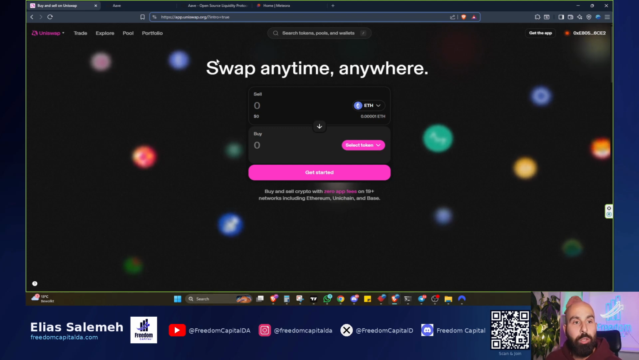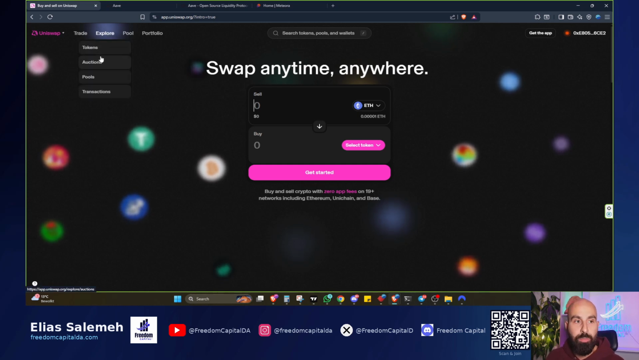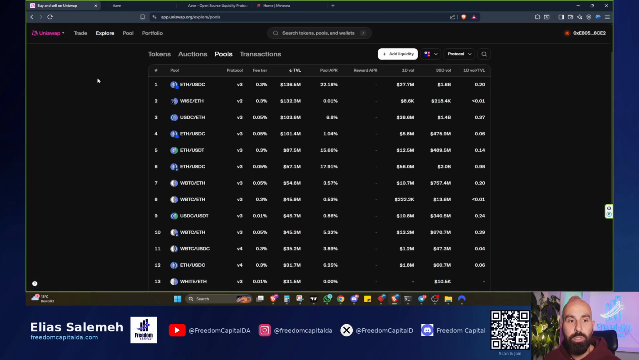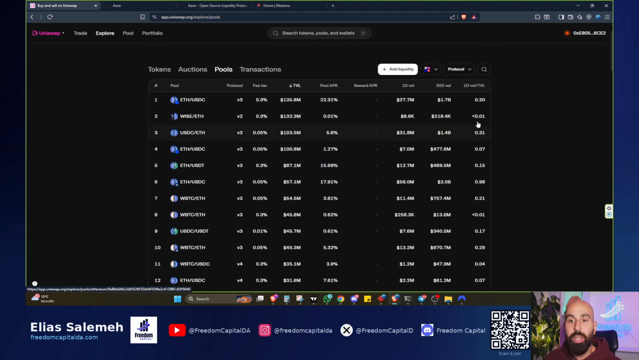So we are on Uniswap here. In order to deploy liquidity on Uniswap, the first thing that you need to do is explore the available pools that are on Uniswap. So you go to explore, you click on pools, and here you go, you have all the available pools listed. So here on the top,